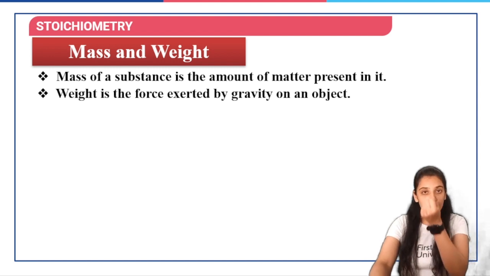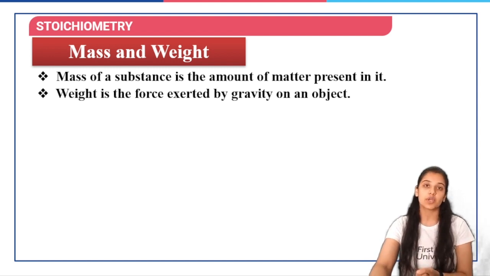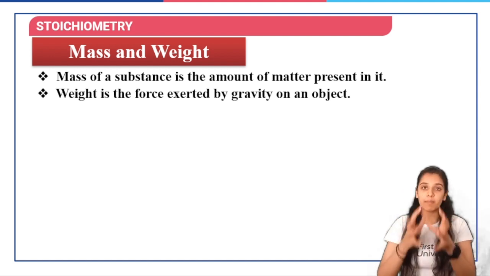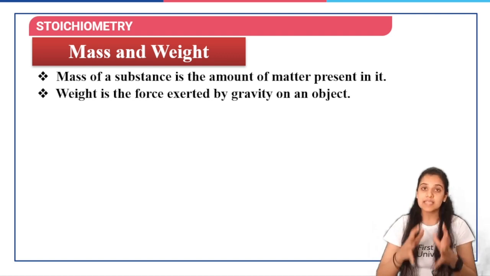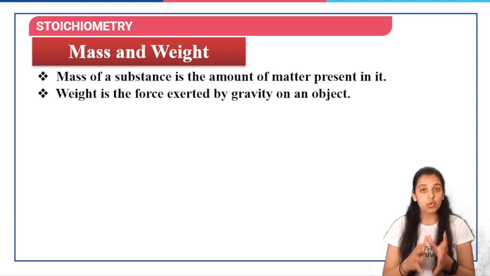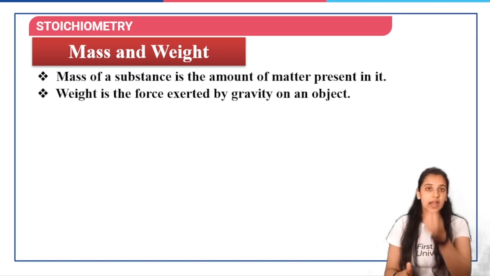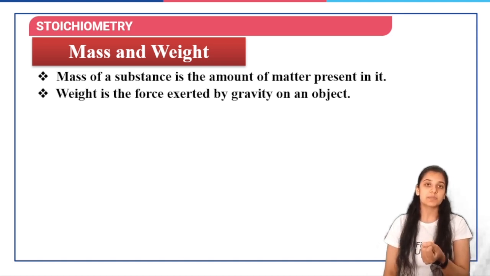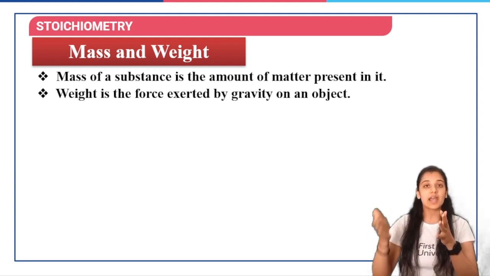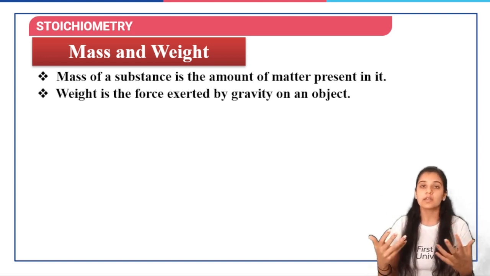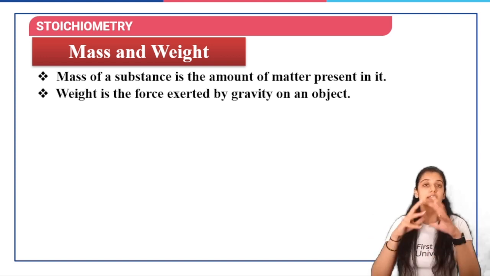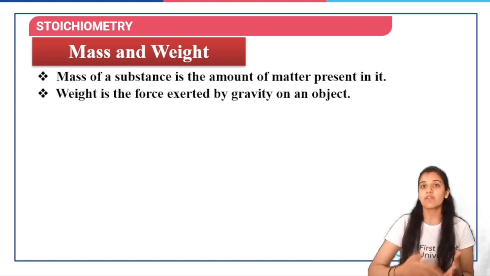Weight is basically the force that is exerted by gravity on an object. So mass is the amount of matter that the object contains, which will not change at any cost. It will remain the same at each and every place you go. But weight is basically the gravitational pull that the object is experiencing. And with the change in position on Earth and different positions in the Earth, the gravitational pull is going to change,